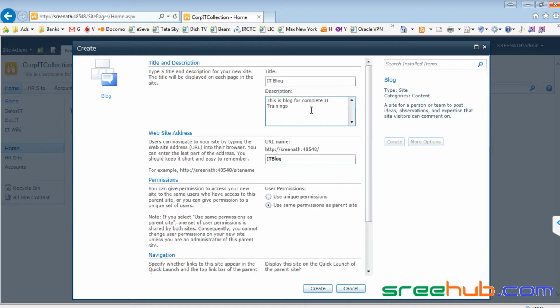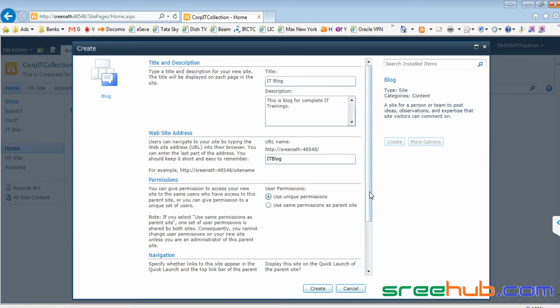We'll just take a use case here, just a use case. And now for this blog, let us create unique permissions, right? Because I don't want any guy who has complete permission to corp IT or the site collection to edit my blog, right? So I'll create my unique permission. This part is very important, and we'll be checking out how permissions work in blogging. While creating a blog and while giving permissions to persons, you should be more careful, because weird things can happen. So I will be checking out complete user permissions in this class, right?